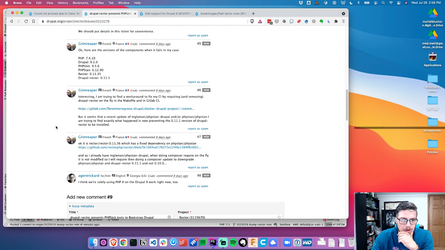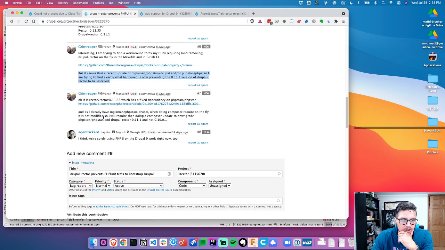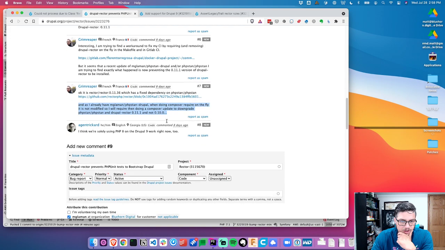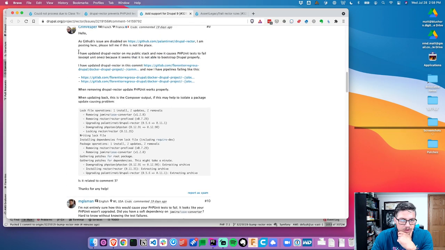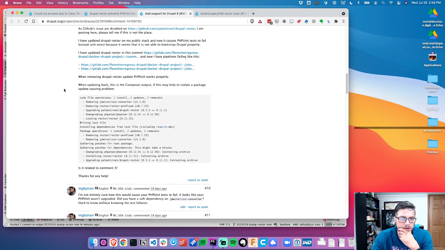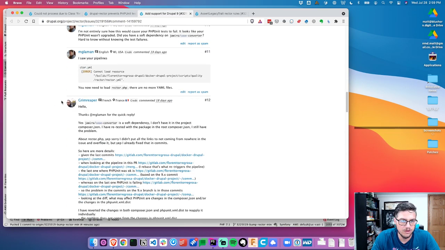work on by requiring removing drupal-rector on the fly. So it was removing it on the fly. Okay, rector which has a fixed dependency on PHP stand, and PHP stand Drupal has a fixed dependency. Let's see. I've updated. When removing drupal-rector, update PHP unit. What are the